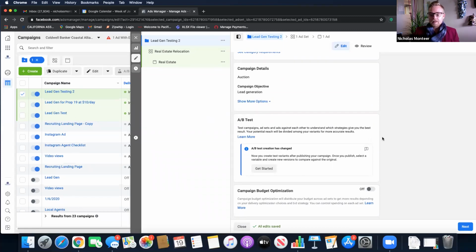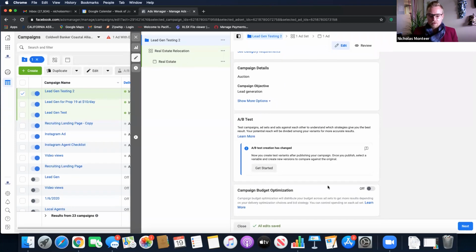Now, I was talking to Peggy Castle about this yesterday. If you're going to spend like $100 a day or $50 a day or something, then yes, A/B test all day long. It's going to allow you to run 2 simultaneous ads and it's going to put more money behind which one is being more successful. This is something that's kind of cool about Social Ad Engine, because Social Ad Engine actually does this for you. But if you don't want to have to deal with this, you don't have to, guys. If you're spending $5, $10 a day, don't mess with A/B testing. You don't have enough dollar power to get your ads off the ground, okay? So move on from there.